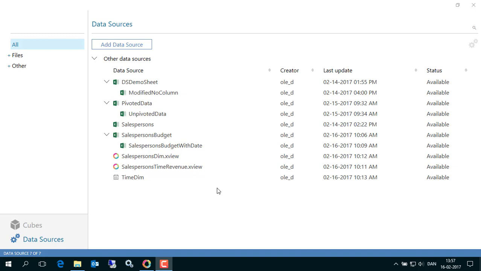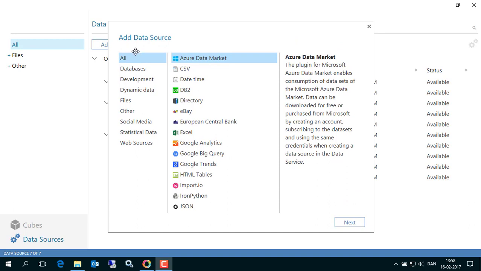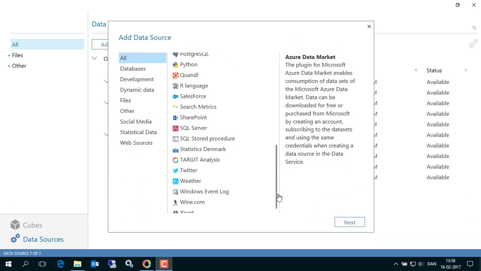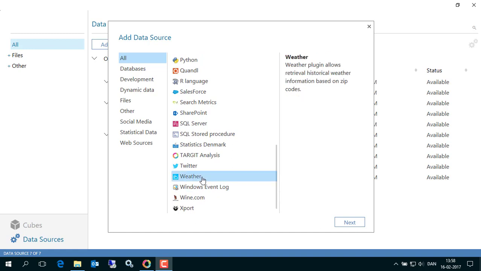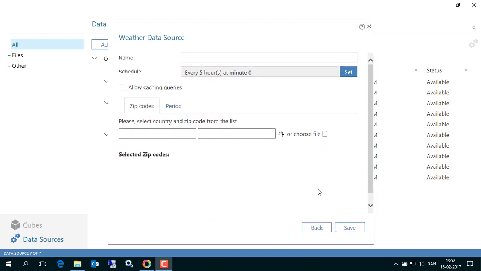In this example, we look into how you can retrieve data from online data services. As an example, we'll just go here and pick some weather data. So we have the weather data plugin here. And as you can see here, it'll work by zip codes. So whenever you have a zip code that you would like to look into, let's say temperatures, something like that, you